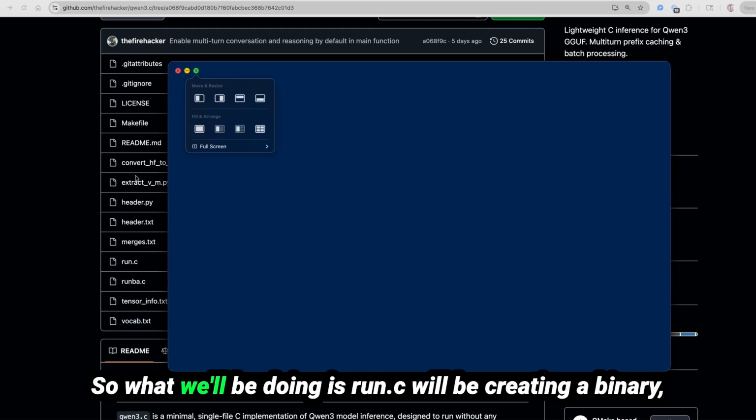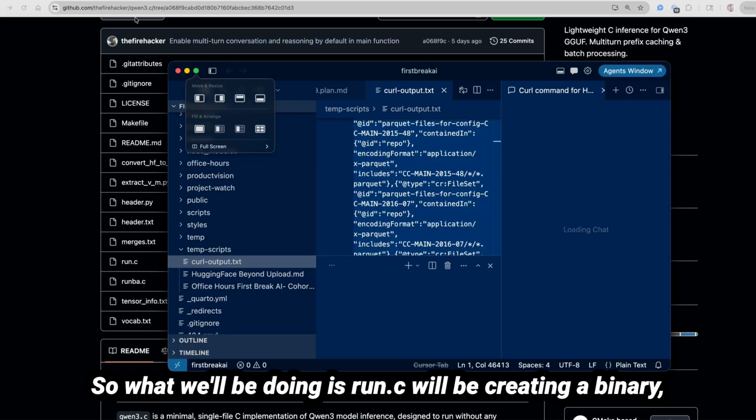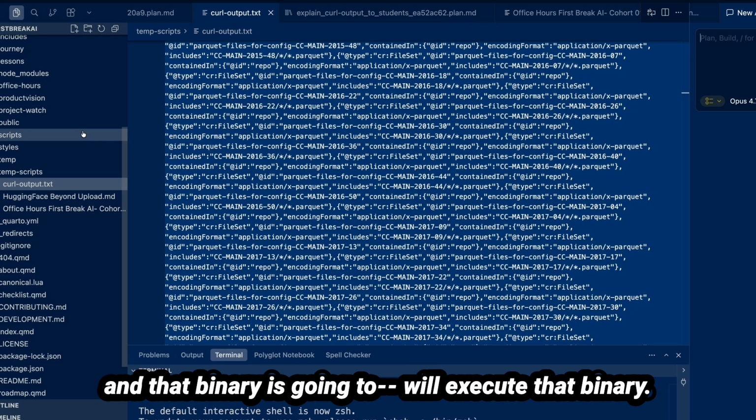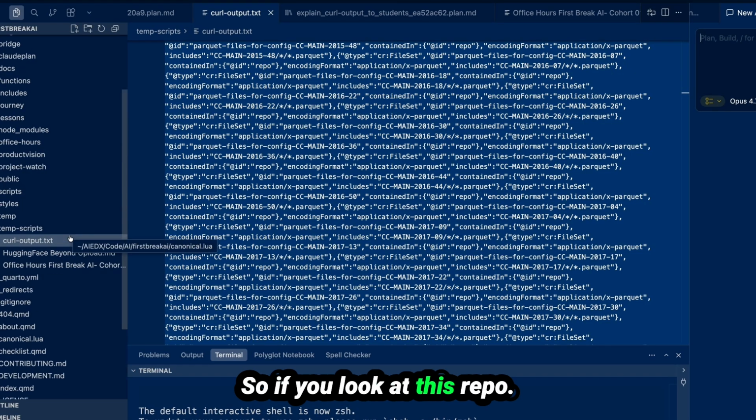Yeah, so what we'll be doing is run.c, we'll be creating a binary, and we'll execute that binary. So if you look at this repo,